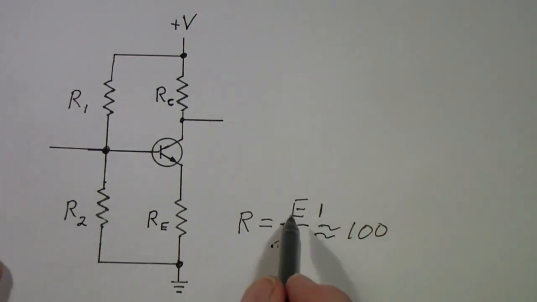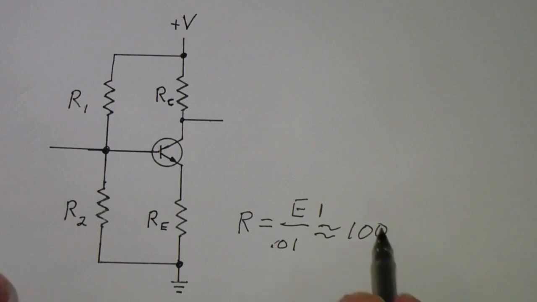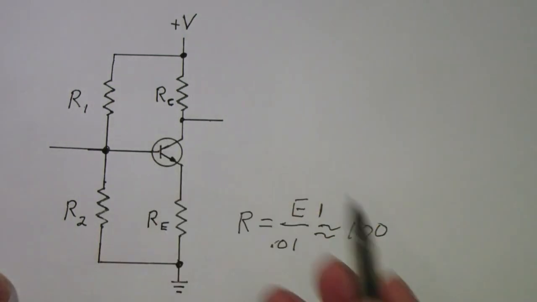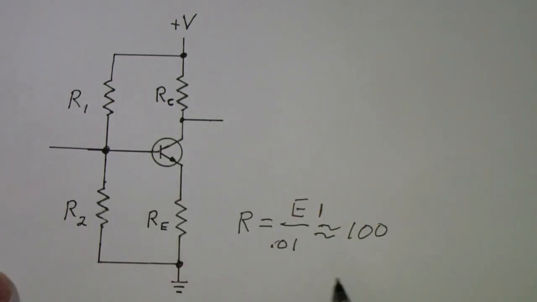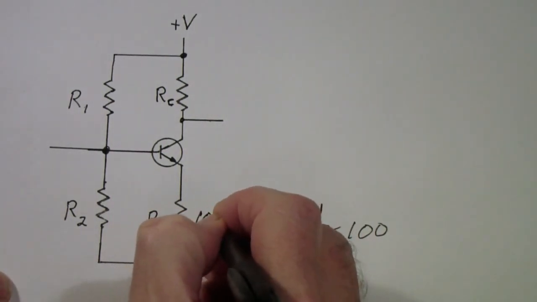Now when I say about, this is exact. 1 divided by 0.01 is exactly 100. But 100 ohms is a value we can use right out of the box. It's a standard value. But we may come to some values here that are not standard values, in which case we're going to want to choose the nearest standard value. So we're going to make this 100